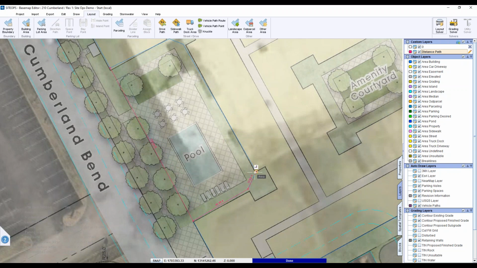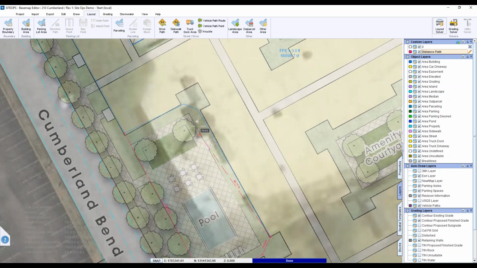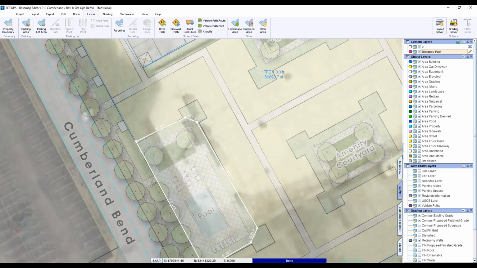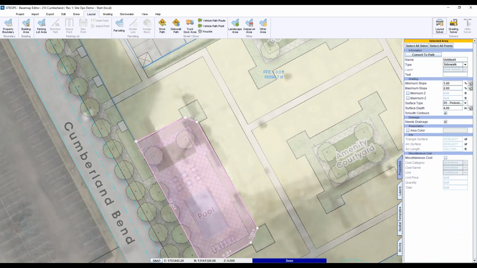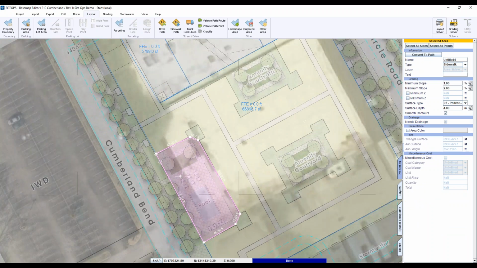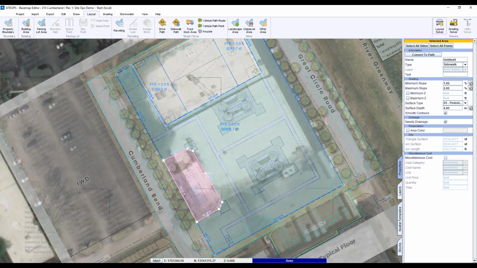You can just start everything with other area and then change it after the fact to be what you wanted, because it doesn't really care. So in this case, we started with just an other area and then went up here, and I'm just going to pick sidewalk because it's going to give kind of this little slope to it. Again, you just figure out what works for you. There is no such thing as pool courtyard as an area, so you pick what area you think will work for what you want it to look like.